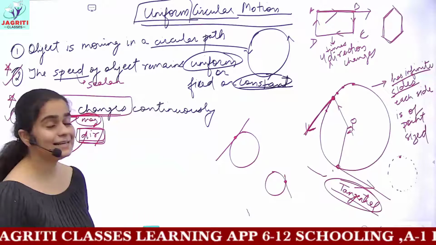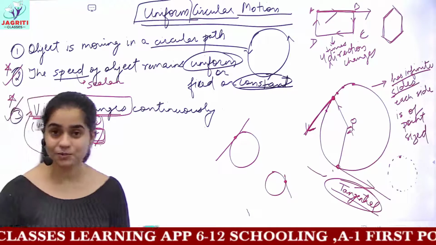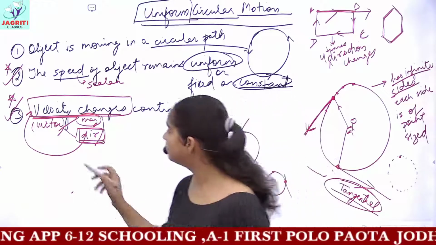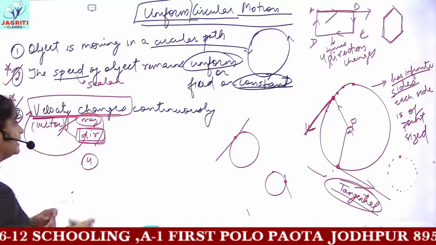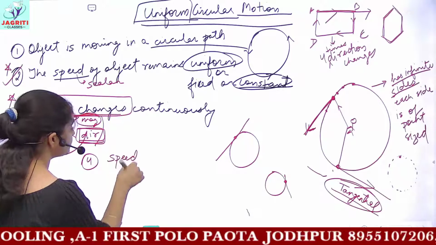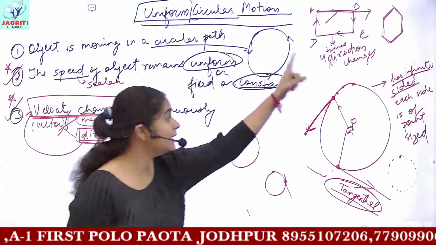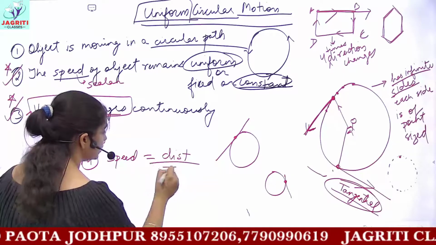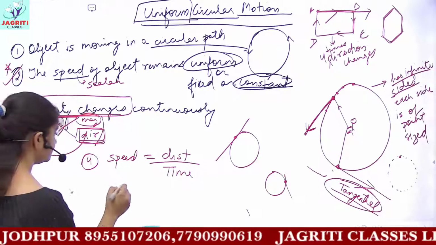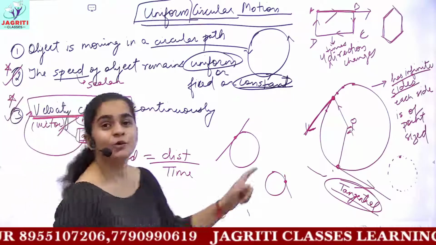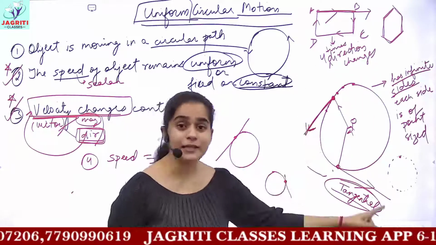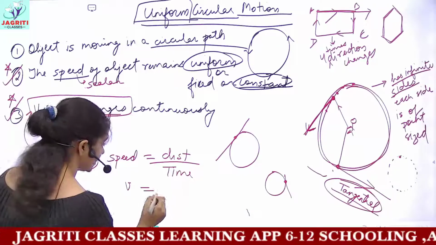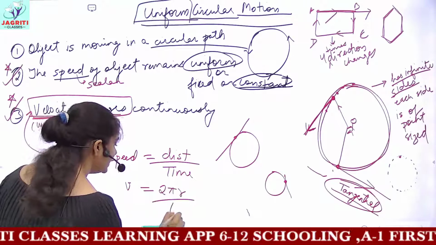Now you are given some questions in NCERT regarding uniform circular motion which you can practice. A question regarding an artificial satellite is given, and there only a single formula comes under this heading. Whenever you are required to find the speed of any object traveling in uniform circular motion, the normal formula of speed is distance divided by time taken. Whenever the object is traveling a uniform circular path, the distance is equal to the circumference of the circle. The formula for circumference is 2 pi r, and t would be the time taken.